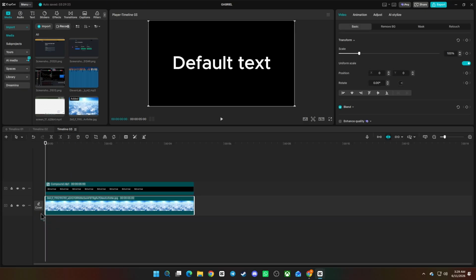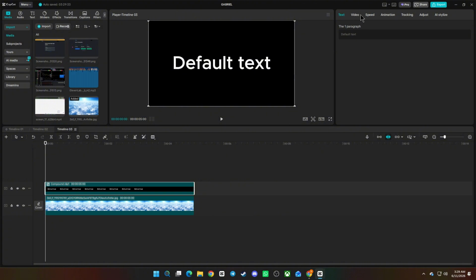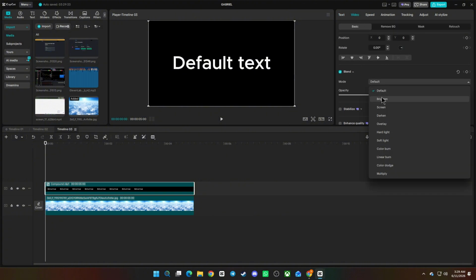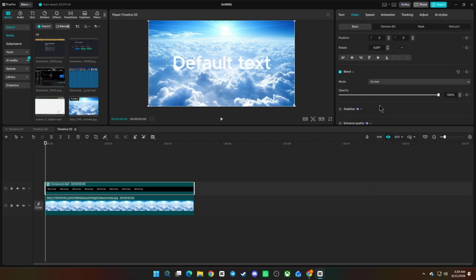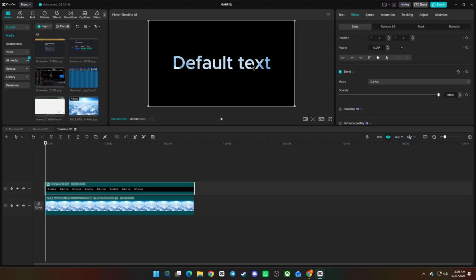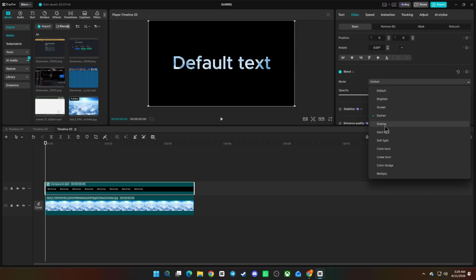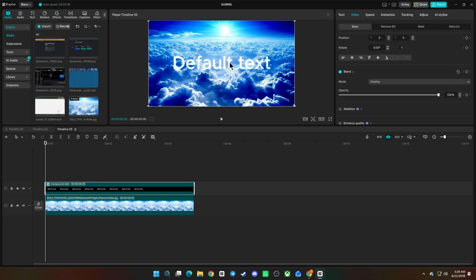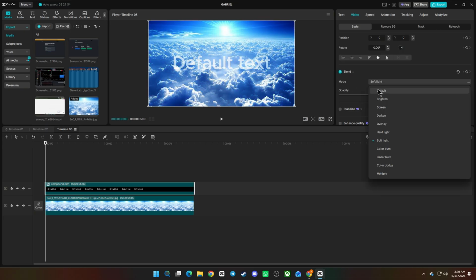Select the compound clip, go to Video Settings, scroll down to Blend, and open the Blend Mode menu. From here, experiment with different blend modes such as Darken, Soft Light, or others until you achieve the transparent text effect you're looking for. You'll notice the video becomes visible through the text, creating a clean transparent text animation. Feel free to try different blend modes to find the effect that works best for your project, and that's it